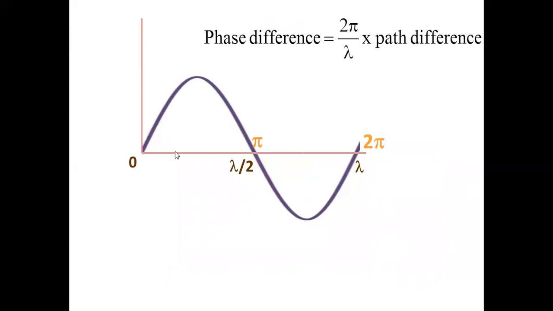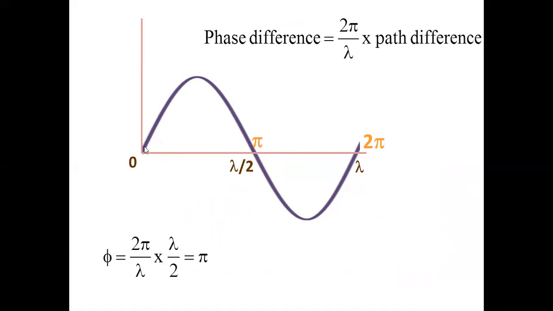Yes. For example, I want to find out what is the phase difference between the two particles which are separated by a distance of lambda. If this particle and this particle are separated by a distance of lambda, what is the phase difference between them? Yes, we put it. Phase difference phi is equal to 2 pi by lambda into path difference. What is the distance between them? Path difference. Okay, here it is discussed for lambda by 2. Phase difference between two particles separated by a distance of lambda by 2 from here to here. So put path difference equal to lambda by 2. This one, 2 pi by lambda into lambda by 2. 2 cut, lambda cut. Is the answer pi?